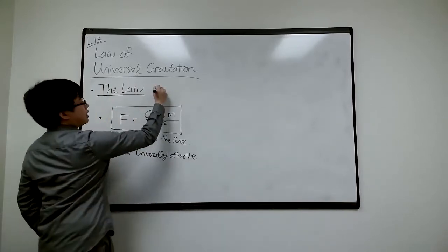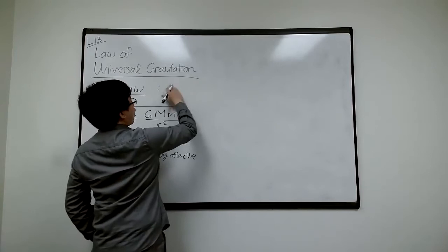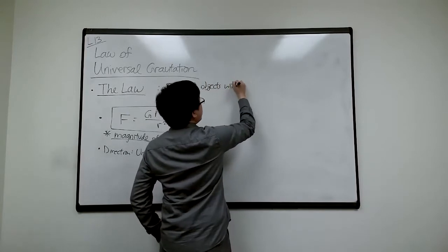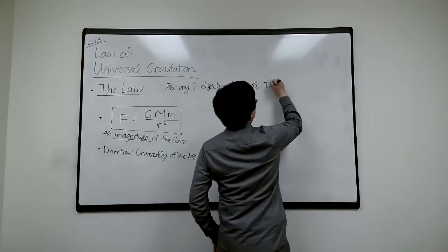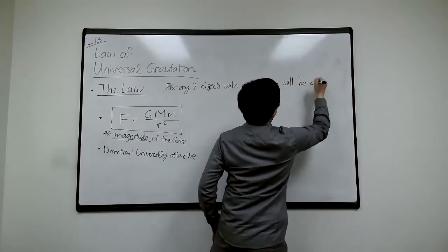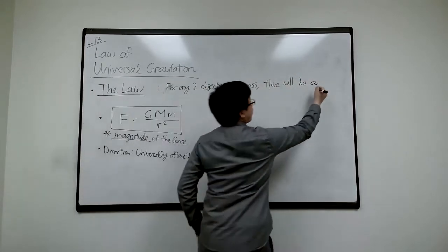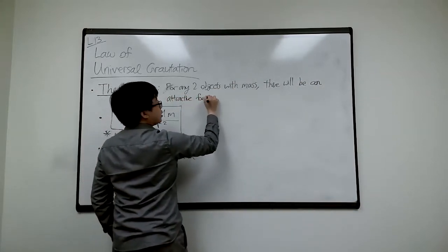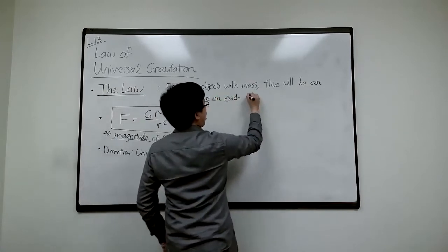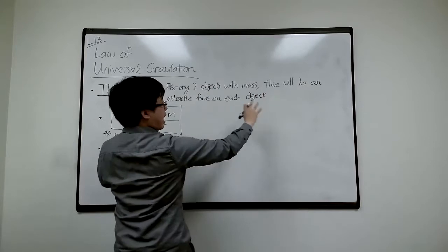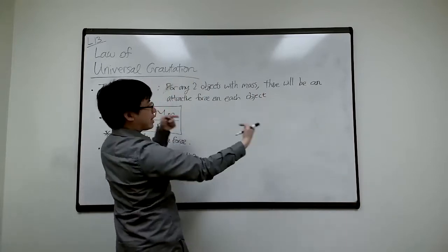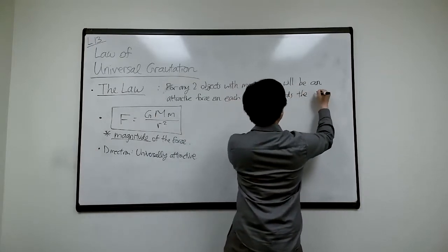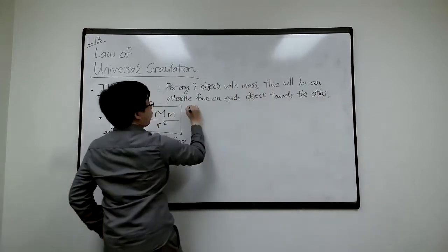The law says that for any two objects with mass, there will be an attractive force on each object. As you saw, apples 1 and 2 both experience a force, and it's attractive towards the other. So on each object towards the other, with the magnitude